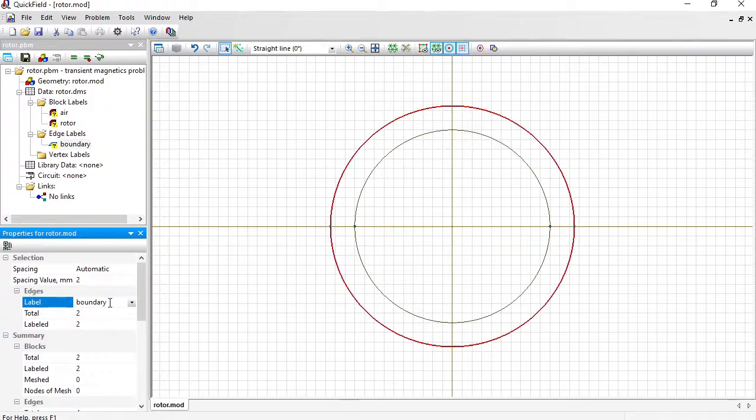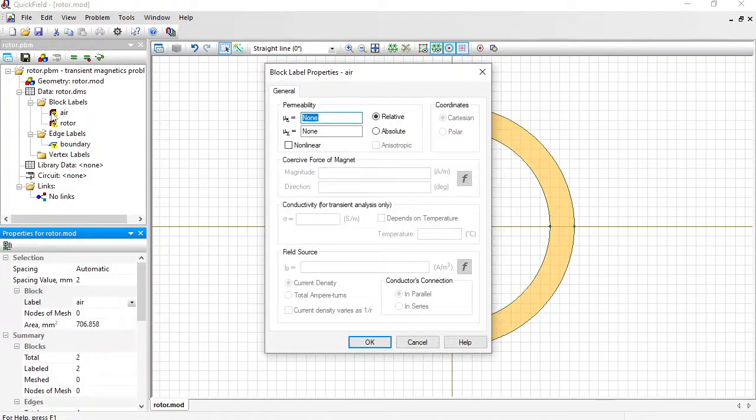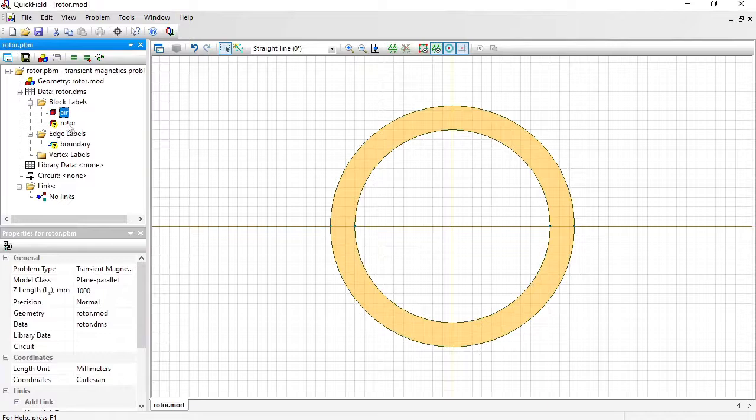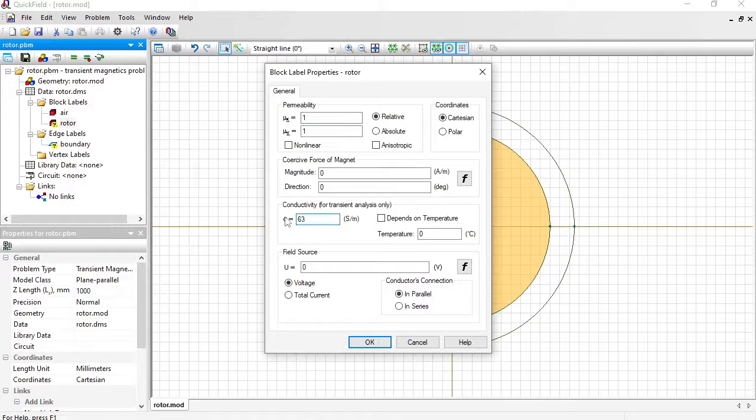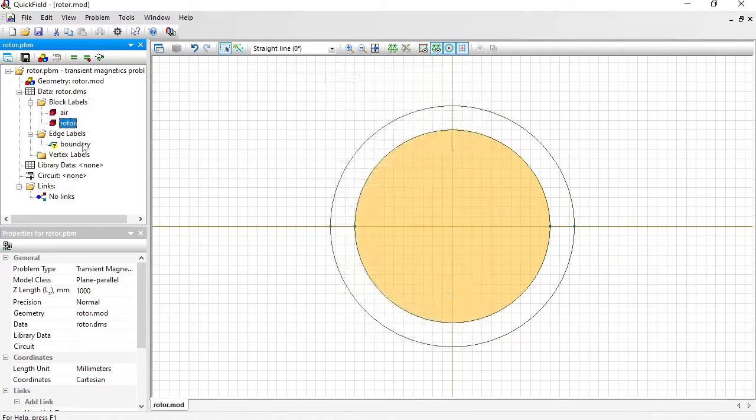Now let's provide physical properties for the labels. Double-click the label name in the tree. Relative magnetic permeability of the air is 1. Okay. Rotor is made of copper. Relative magnetic permeability is 1. And the electrical conductivity is 63 megasiemens per meter. Okay. And for the boundary,